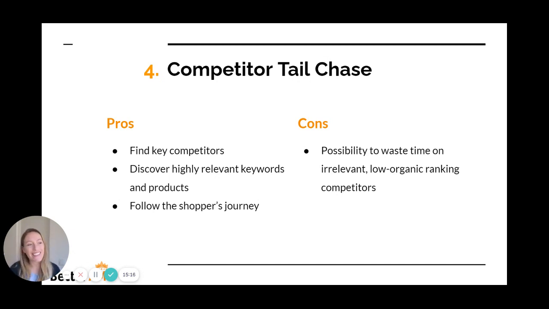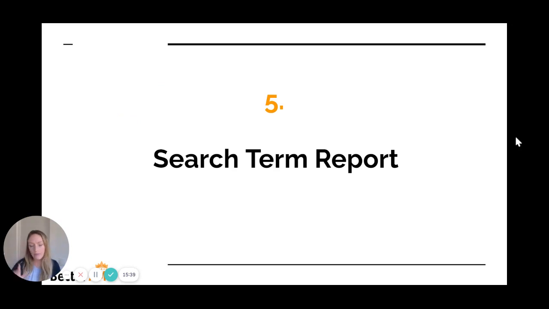Now, the cons here is that there is a possibility to waste time on irrelevant or low organic ranking competitors. So if in your category there aren't that many that have high ratings or that sort of thing, if it's not very optimized, these kinds of competitors that are jumping up on your page, you just might not find that much gold. And last but not least is the search term report, the classic, the absolute god of Amazon